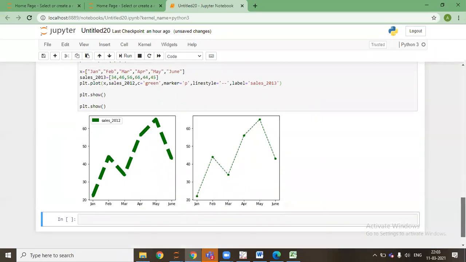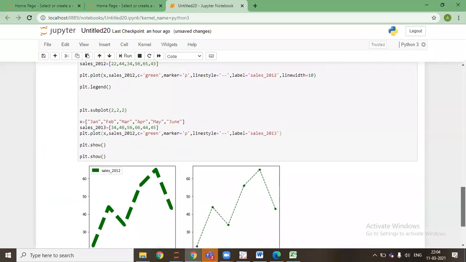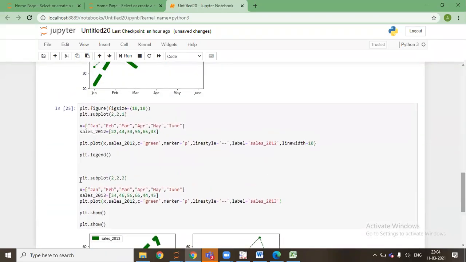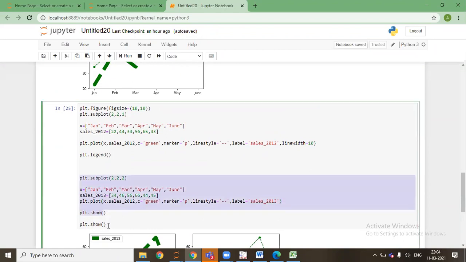So now these graphs are coming into two portions, but I have allocated a space of 4. So I can simply add 2 more to it.